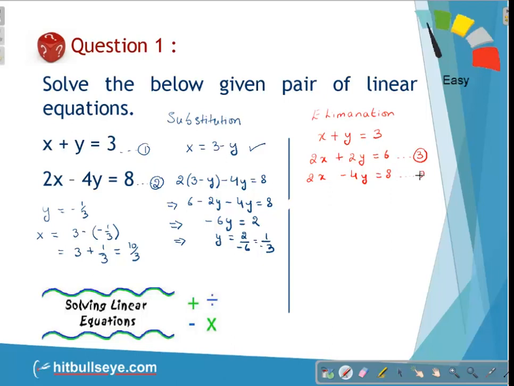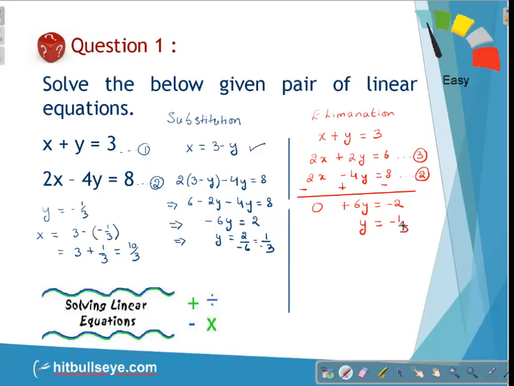Now you can very well see that I have tried to equate the value of x. Now what I'll do is, to eliminate x, I will subtract equation 2 from equation 3, like this. When I subtract this equation, what I get as the resultant is 0 here, plus 6y here, and minus 2 here. And again I'm going to get the value of y as minus 1 by 3.